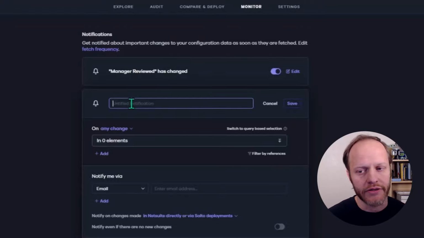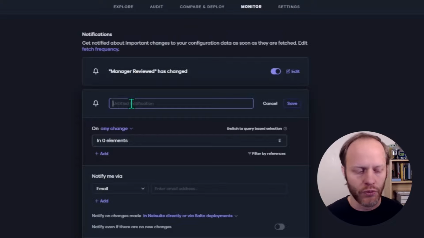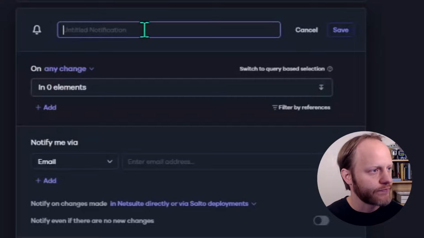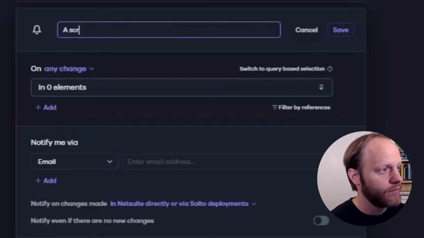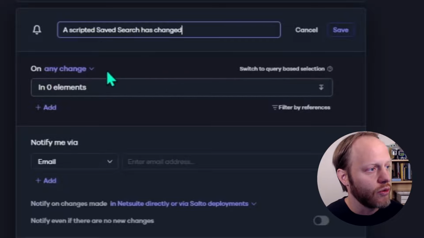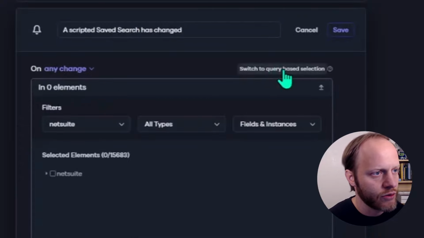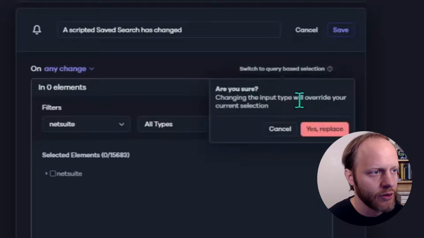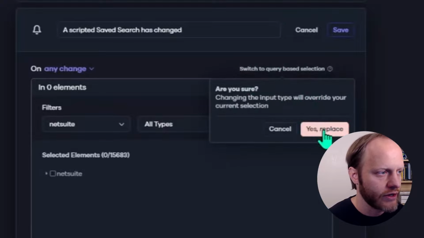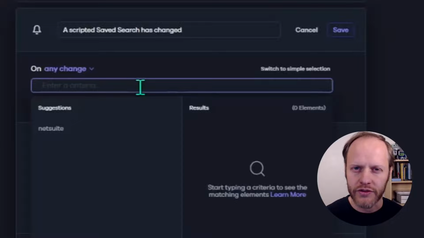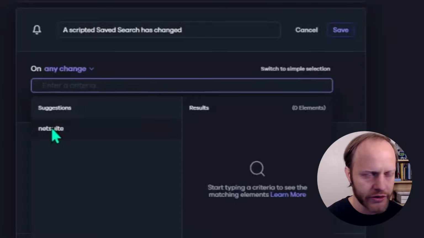So to that end, let's set up a new alert in Salto that watches all saved searches that have an ID that matches a particular pattern. So instead of going through the dropdown and selecting elements, I'm going to click here, switch to query-based selection. It's going to prompt me and warn me that anything else I've selected would disappear. That's fine. And so what we do now is we can browse sort of the schema of Salto's identifiers for